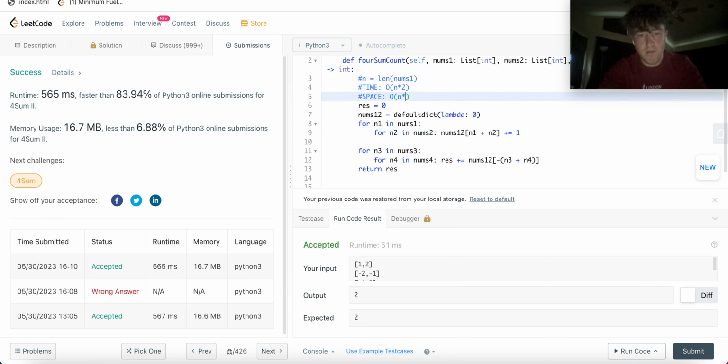Okay. All right, guys, and then maybe there's some log runtime of populating res, but that's going to get overshadowed by this n squared. That's the beauty of